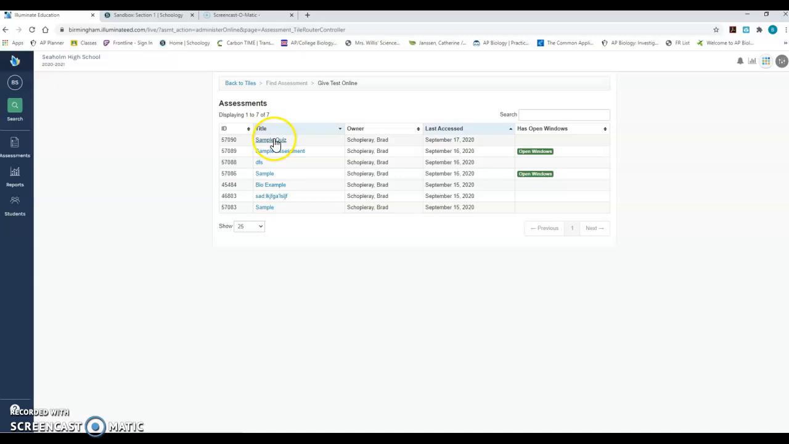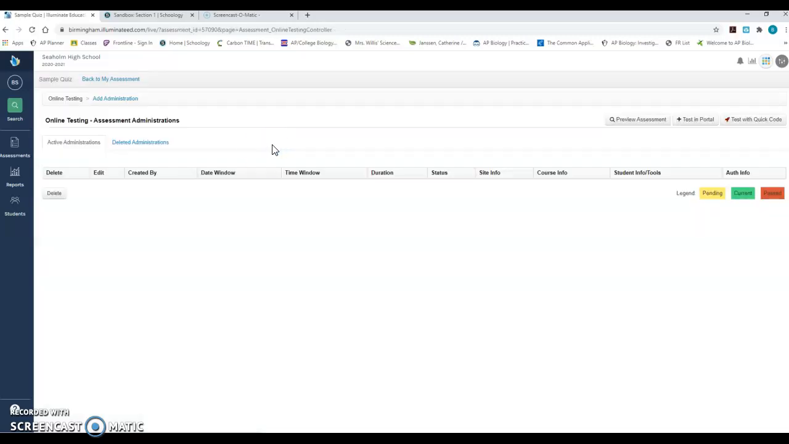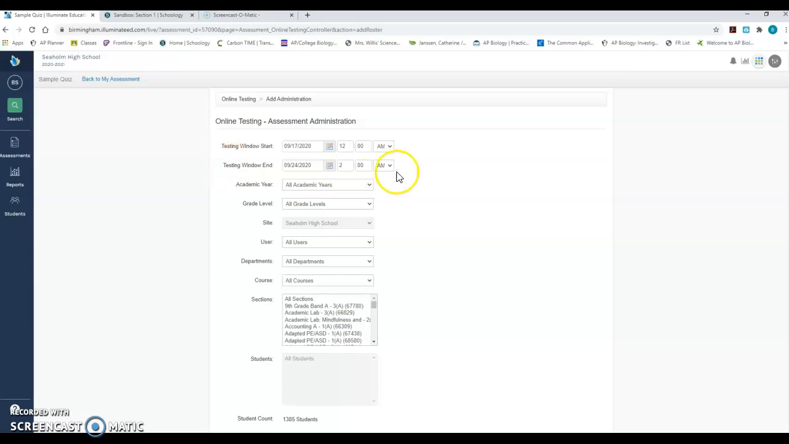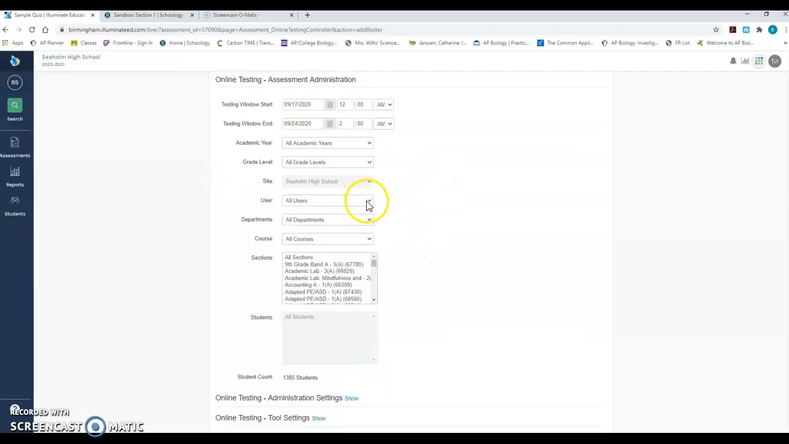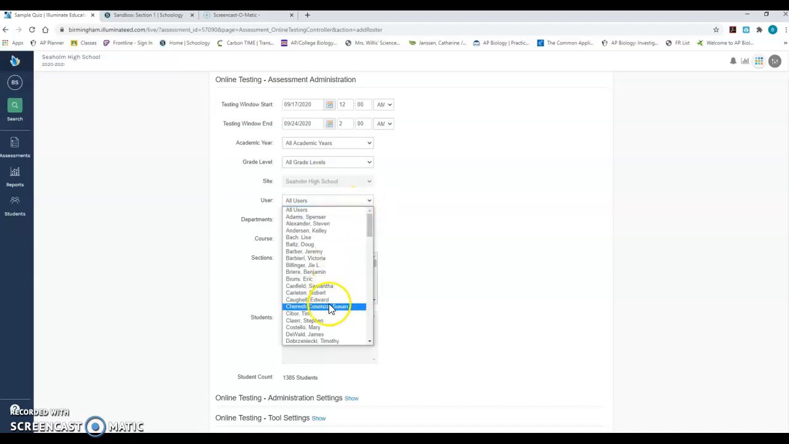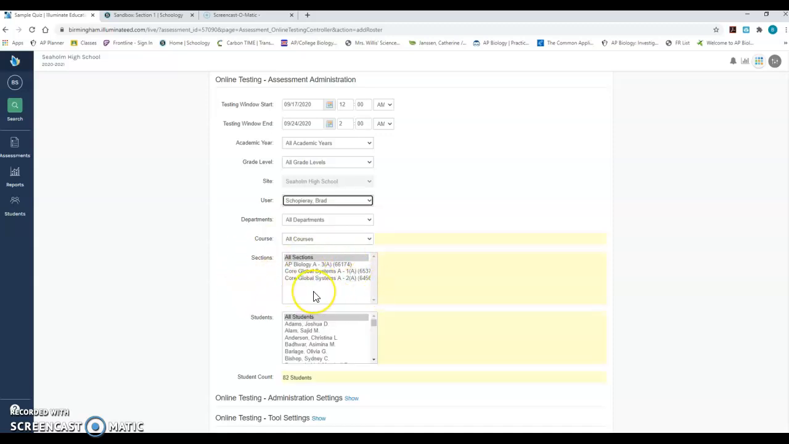And we used sample quiz in our video before, so we'll use sample quiz again, so you just click on the assessment that you would like to give. It's going to take you to a page that looks like this. You're going to click Add Administration. You can set up a time window to give the test, and then you're going to go to the users box and scroll down and click your name,